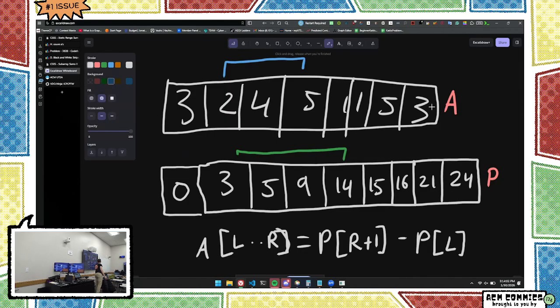So that's going to be P at 4 minus P at 1, 0, 1, 2, 3, 4, 14, minus 3 is 11, and then 2 plus 4 plus 5 is also 11, and there we go. And this avoids the out of bounds problem